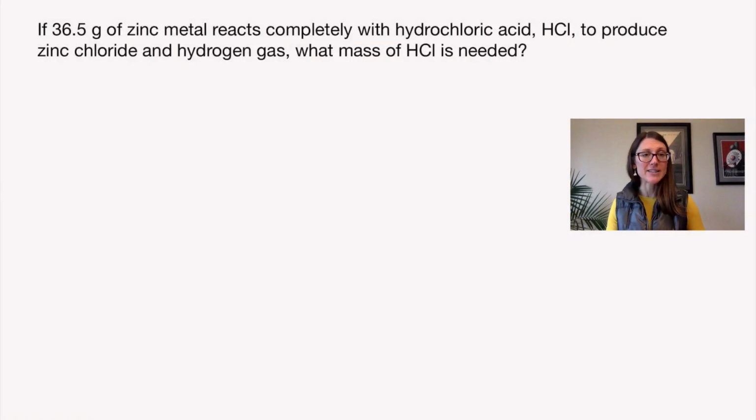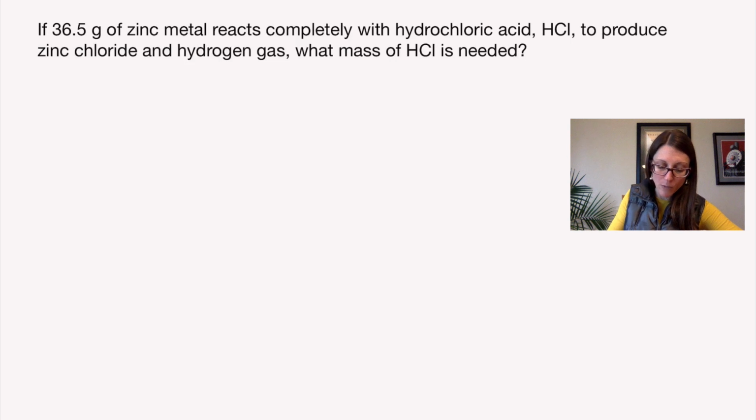Let me work a second example. This one, I'm going to do all of the conversions using dimensional analysis. But we always start in the same place. We need to start with a balanced chemical equation. In this problem, I've got 36.5 grams of zinc metal reacting with hydrochloric acid to produce zinc chloride and hydrogen